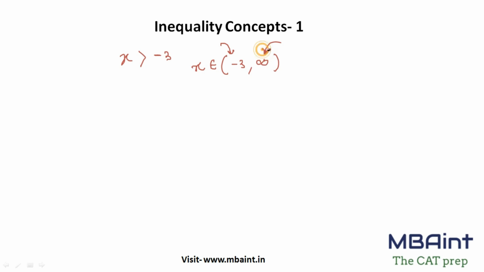ठीक है? Remember that whenever there is infinity in the range, infinity will never be included in the boundary. So हमेशा ये bracket use होता है infinity के साथ. राइट. एक और छोटा सा example देख लेते हैं. Let's say if I have x greater than equal to -2. Now here you will use this bracket because here -2 is included, right? -2 से लेके positive infinity तक. Now again infinity won't be added, right?